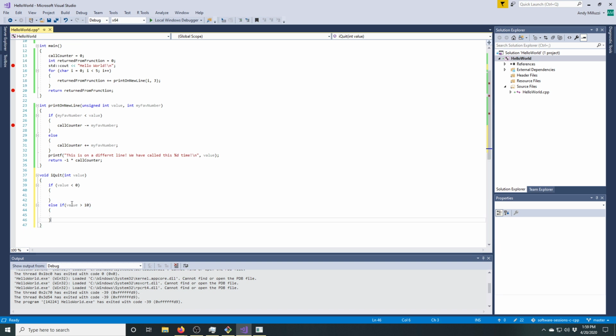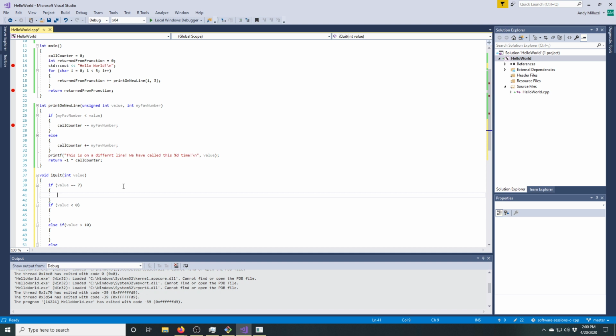So an else if is basically like linking multiple if statements together, which is cool. And then else would be pretty much anything else. But let's say in all this we also just want to make sure that value isn't the number 7 for some reason. So we can say if value equals, which in this case we use a double equals in a comparison, the number 7,